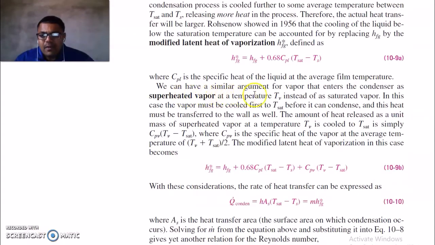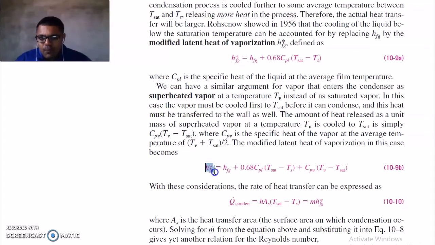We can have a similar argument for vapor that enters the condenser as a superheated vapor, which is at temperature Tv, which is higher than saturation temperature. So in this equation, if you add this term, that is Cp, which is the specific heat of vapor at average temperature of this, into this, you will get hfg star, which is the modified latent heat of vaporization in this case,